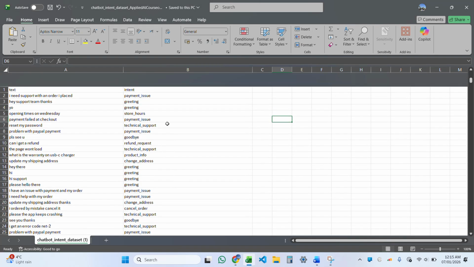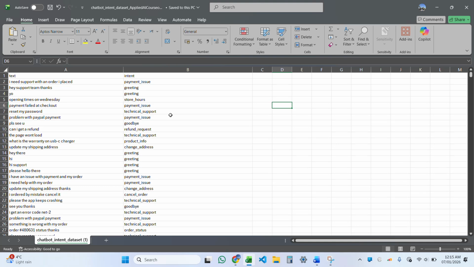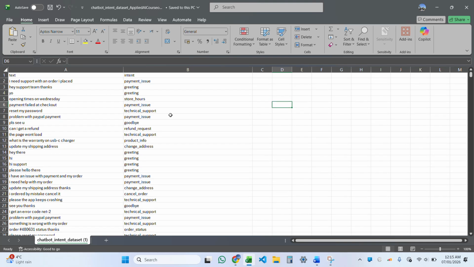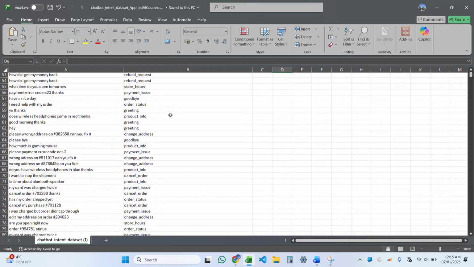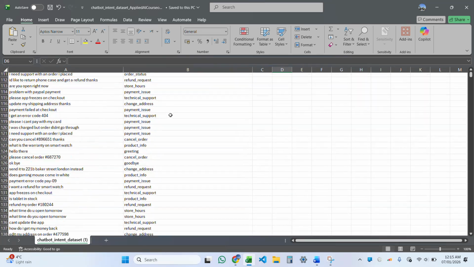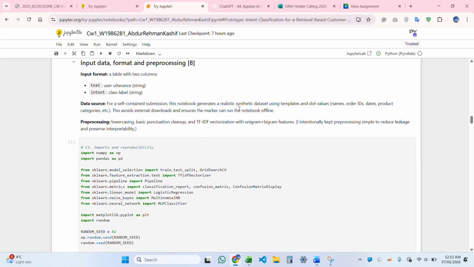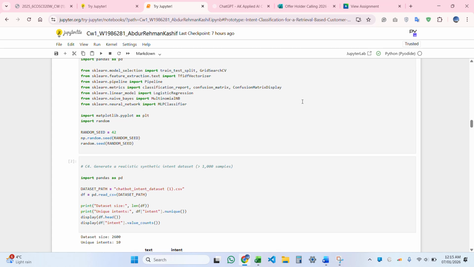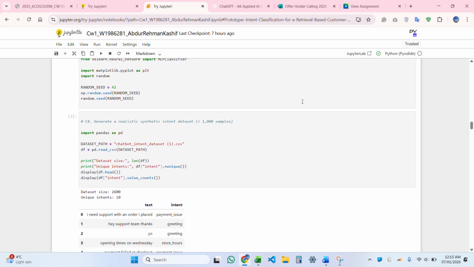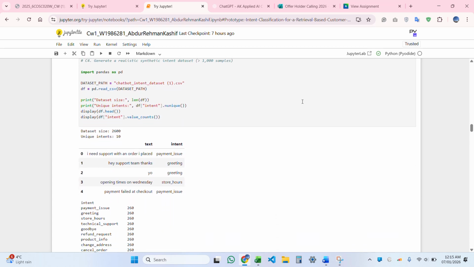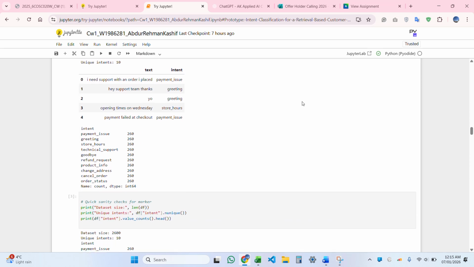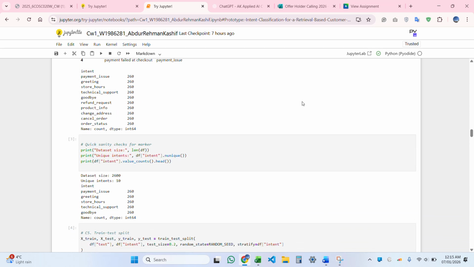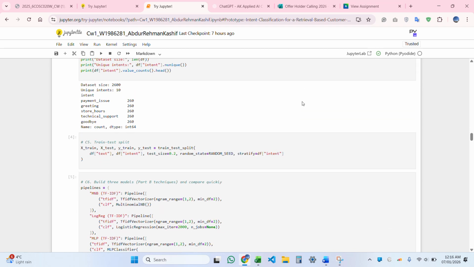The dataset contains 2,600 samples across 10 intents and includes realistic variations such as spelling differences and ambiguous queries. The data, I link this basically back into the notebook, pre-processed using lowercase and TF-IDF vectorization and split into training and test sets. Multiple models are trained and compared, after which logistic regression is tuned using cross-validation. The implementation produces classification metrics and a confusion matrix for visualization and a simple chatbot demonstration that selects responses based on predicted intent and confidence.